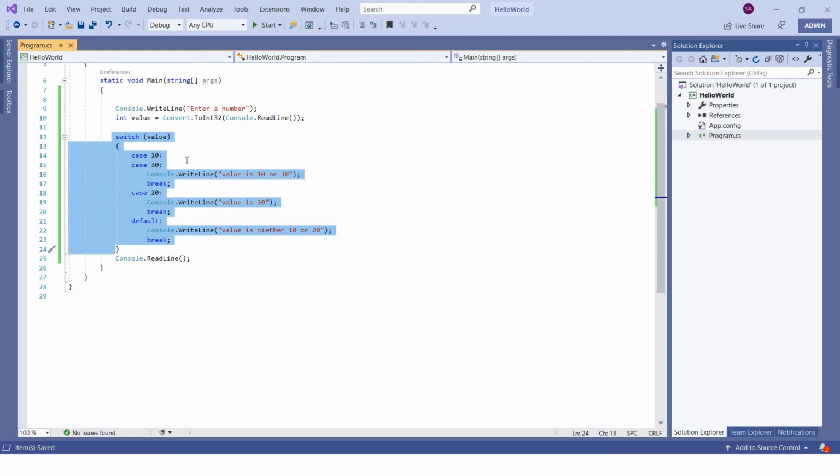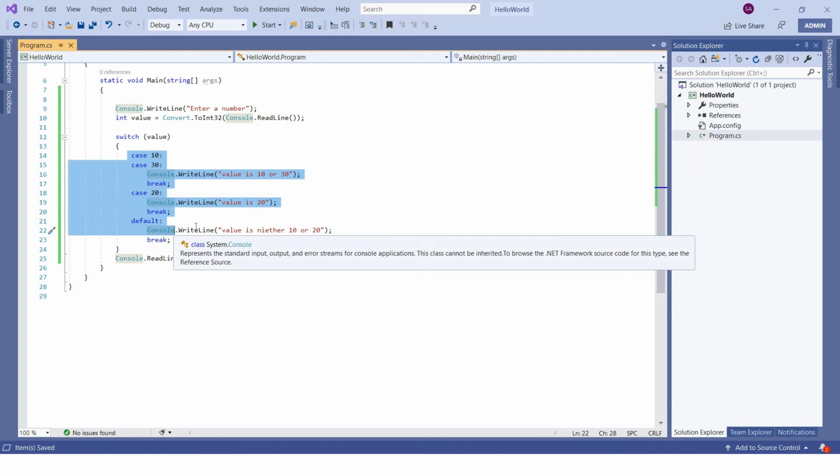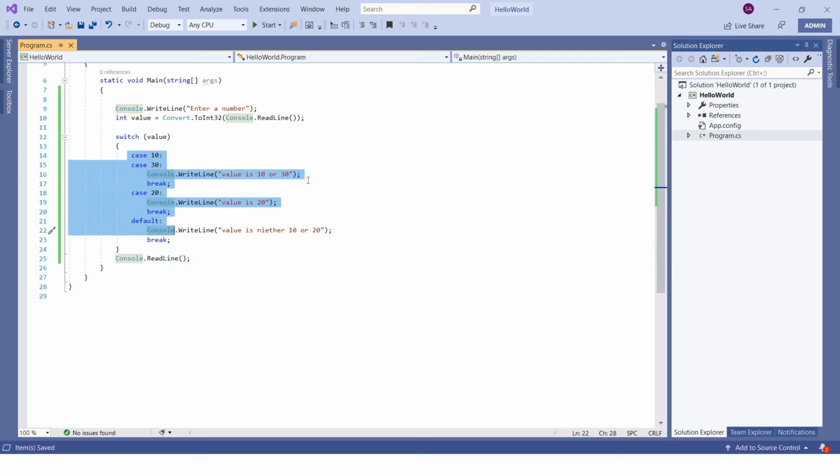So whenever a value evaluates to, let's say, 10, it will go to the jump table, look for the value 10, take its corresponding block and execute it. In that way, during runtime it will never try to evaluate all the cases one by one. It will simply go to the jump table, take the value, take the block, and execute it. So that is the benefit of using the switch statement.